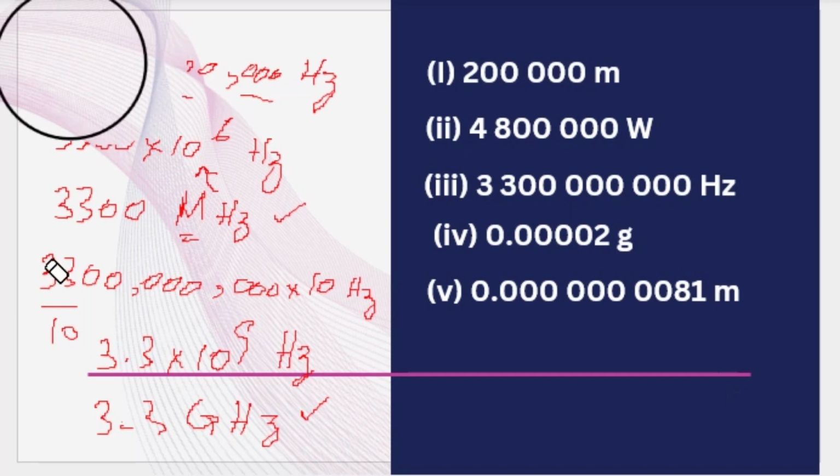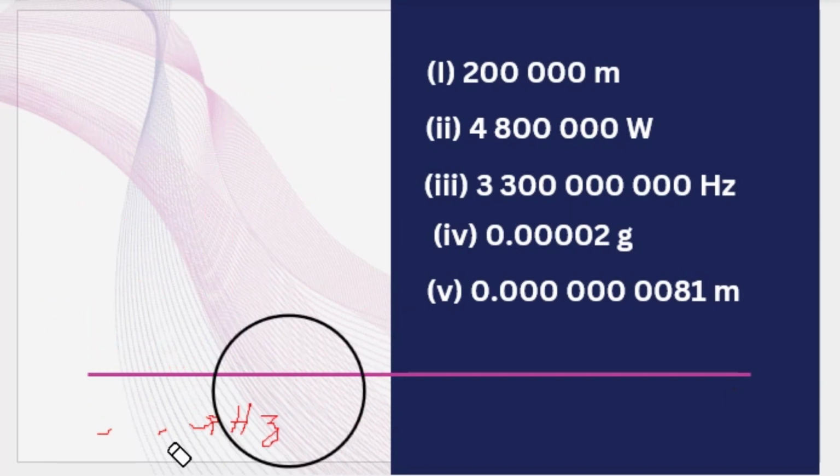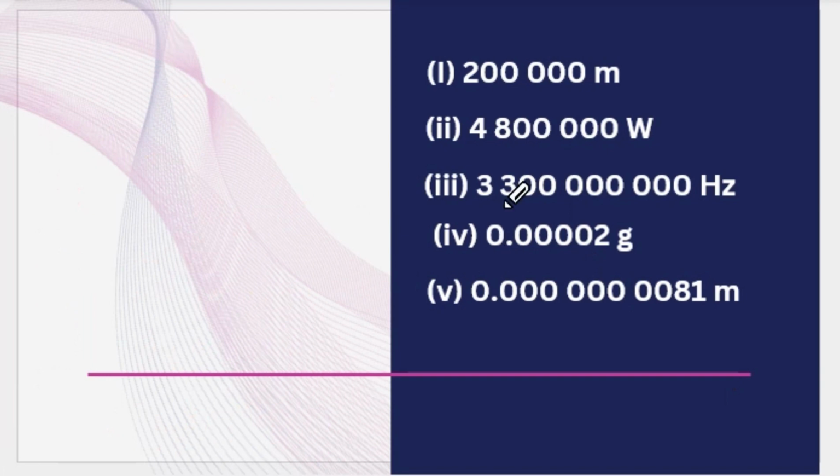I mean to say that we have to convert 0.00002 gram using the prefixes. What will we do? First of all, we will convert the decimal fraction into a common fraction. To convert a decimal fraction into a common fraction, we usually write 1 in place of the decimal and put zeros